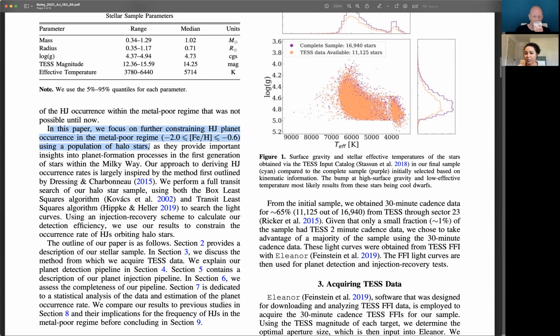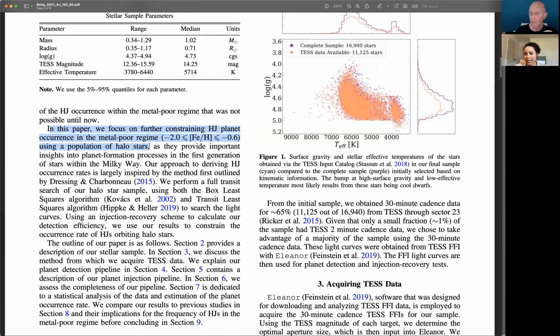And then from there, we were able to do this population study, because not all of those stars, as you can imagine, had spectroscopically derived metallicities. And you really want that when you're doing something that relies on that. So we ended up doing this population study, and basically we found that a large portion of the actual stars within our sample were A, halo stars for sure, and B, they were really metal poor.